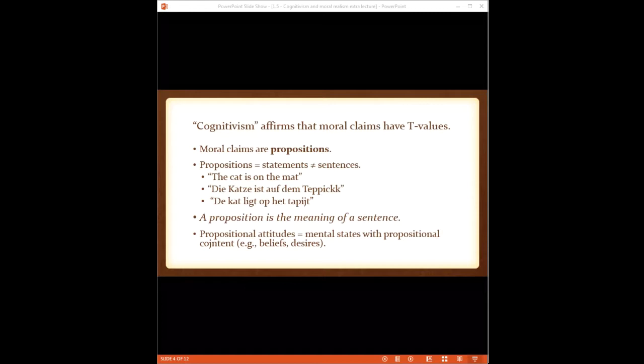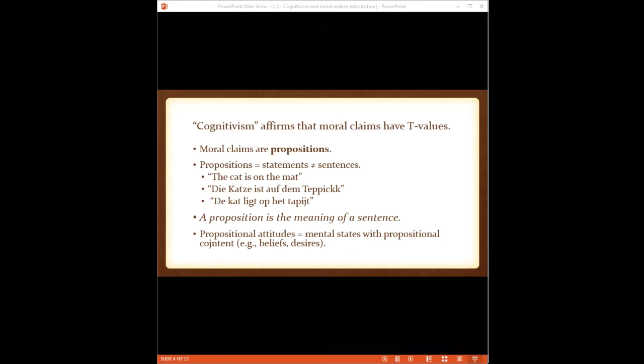So whenever I make a claim, I'm using language, I'm using words, I'm using my voice to express that language, to try to make sense. The sense of what I'm doing when I write stuff out is to express meaning that people can understand, cognize, and comprehend. So when we're talking about propositions, we're talking about the meaning of a sentence, a statement. And the thing that's really important to understand is that it's the propositions themselves that have truth values,